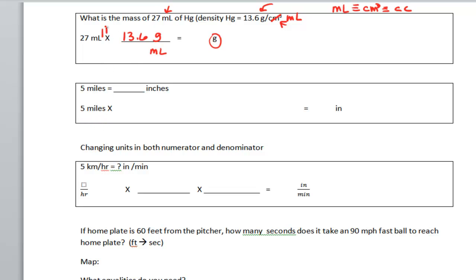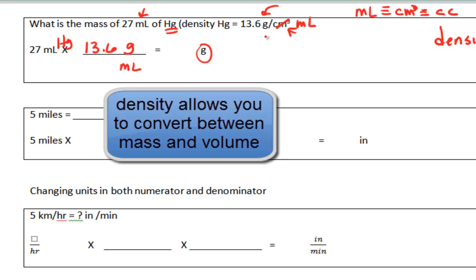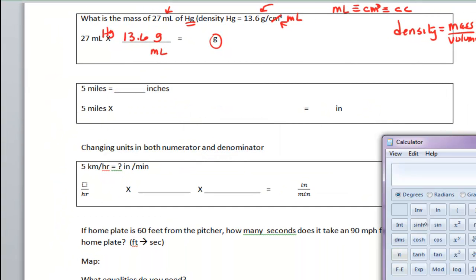Now, this is mercury, and this is the density of mercury. I couldn't use the density of water or the density of something else. I would need to have the density of mercury. And Hg is the symbol for mercury. Density is actually a ratio between the mass and the volume of a substance. When we solve for density, we measure the mass of something and then we measure the space that it occupies. So that's our density. And because this has two units, it will allow us to convert between mass and volume. So mathematically,